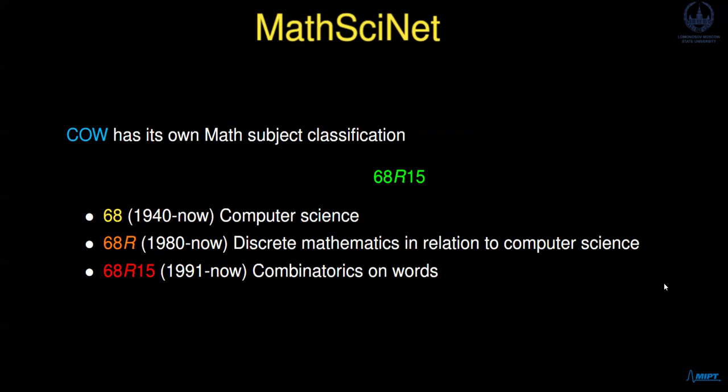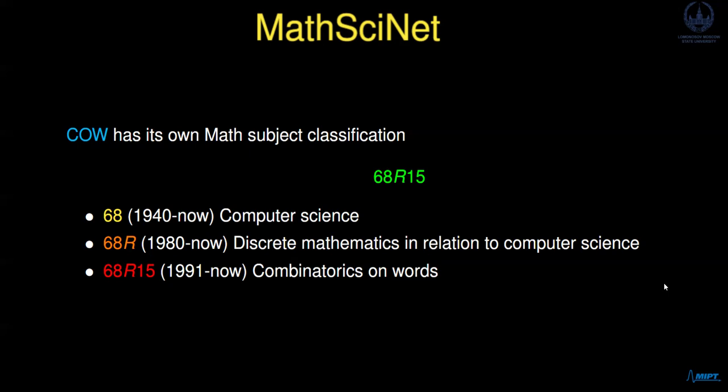This is a great way to appreciate the importance and growth of this area over time. The relevant code for COW is 68R15. To break this down, MSC code 68 refers broadly to computer science, an area that's been classified since 1940,